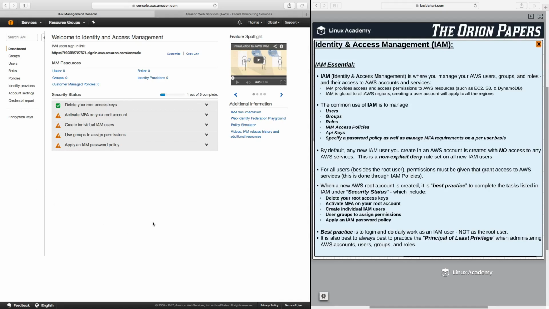Next, it's important to understand that when a new AWS root account is created, which I'm logged in here as my root account, it is best practice to complete the tasks listed in IAM under security status, which include delete your root access keys, which should be done automatically when you create a new account, activate multi-factor authentication on your root account,